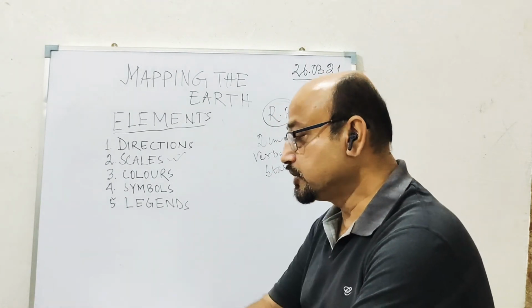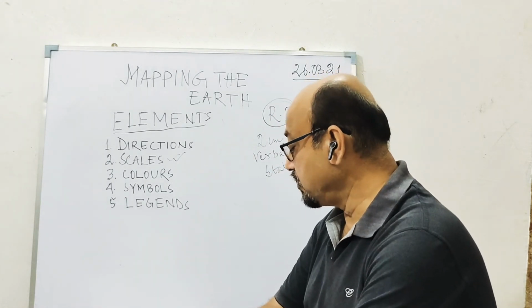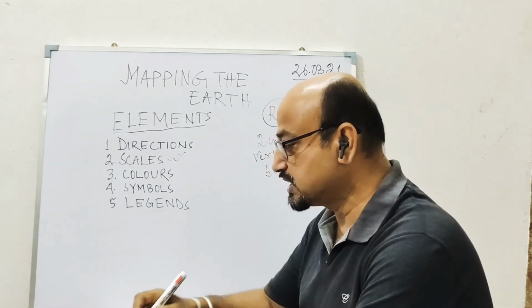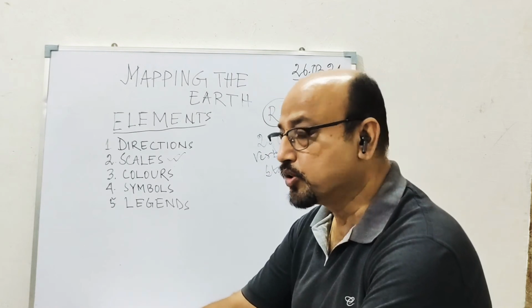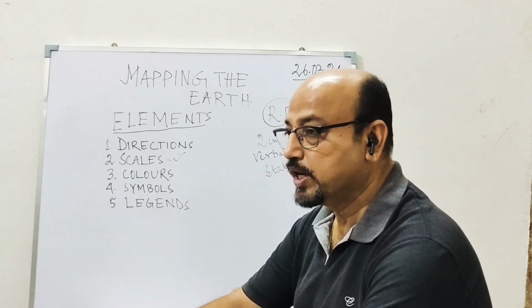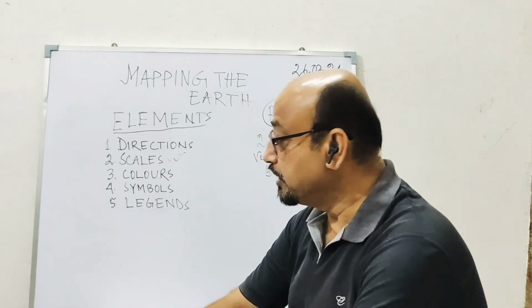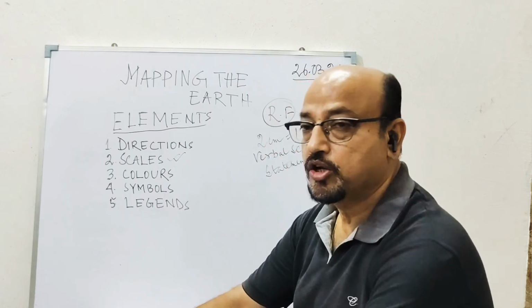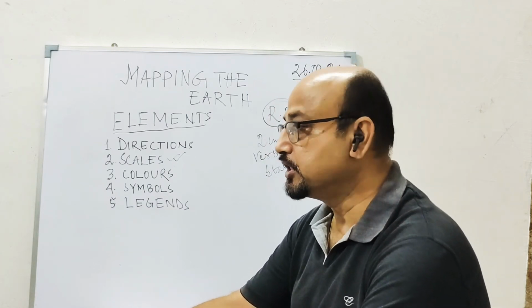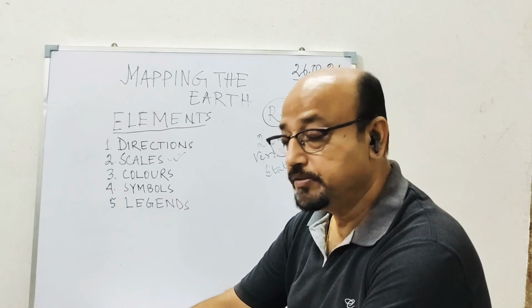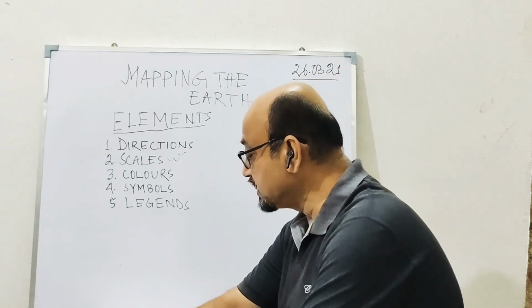Another scale is known as the graphical scale or the linear scale. You will see in your book a type of scale in which alternate black and white colors are given. In between there is the 0. On the right hand side there is a division made of 1 kilometer each: 1 kilometer, 2 kilometers, 3 kilometers. They are known as the primary division, the primary scale.